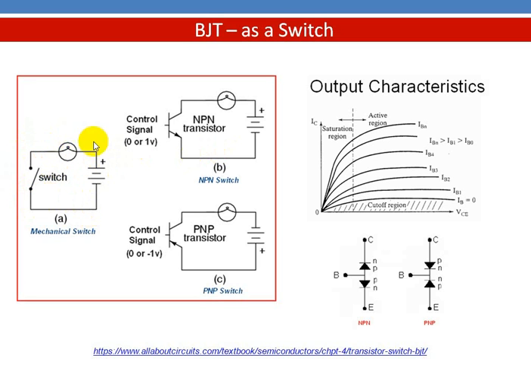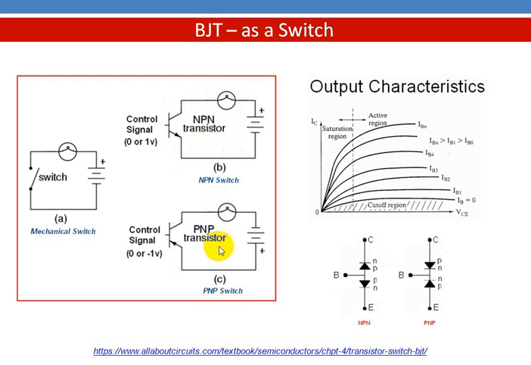So the same circuit can be constructed using transistor. The switch can be replaced by a transistor. So here we have NPN transistor, here we have PNP transistor. So by applying control signal, we can turn on and turn off. So when you are applying a low signal, NPN transistor will be in off state. When you are going to apply a high signal, the transistor will be fully turned on. It will be operating in the saturation region. So the current will be flowing in the circuit and the lamp will glow.